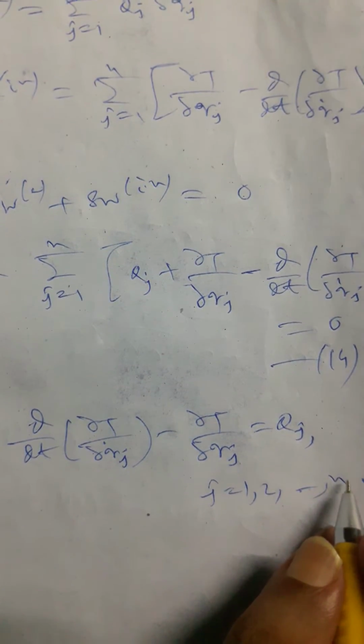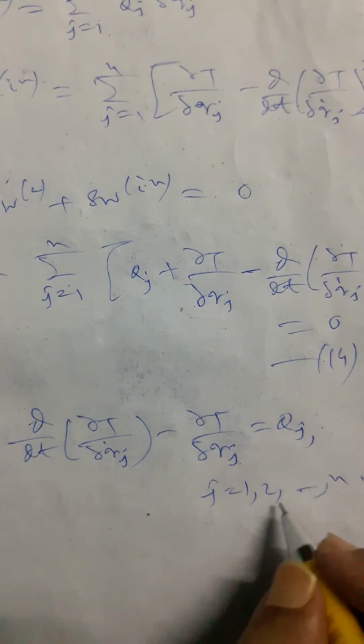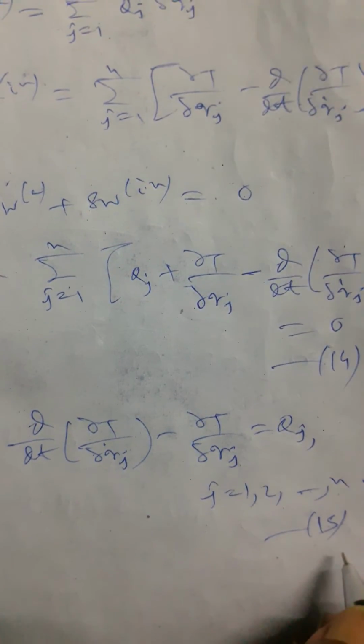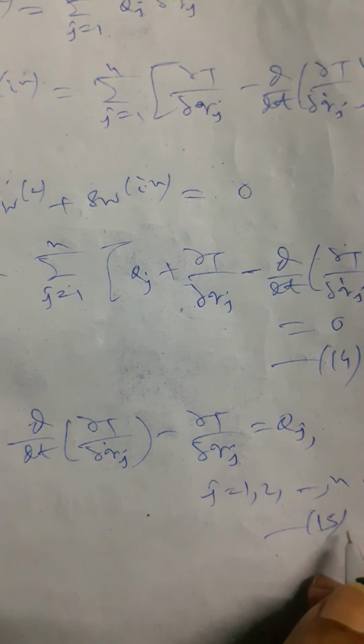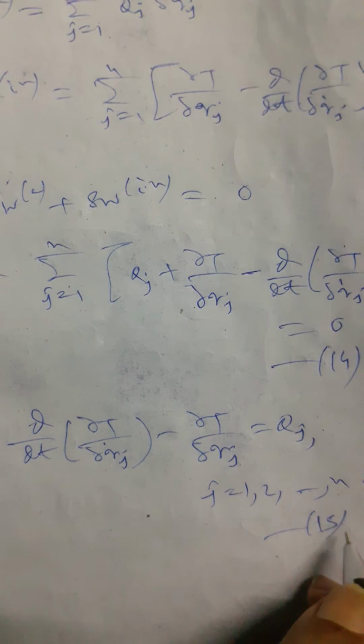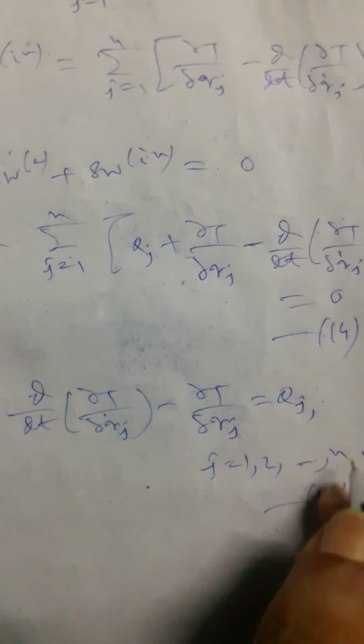And this equation, if we take equation number 15, actually describes the set of n second order differential equations involving n generalized quantities and their velocity for conservative systems,